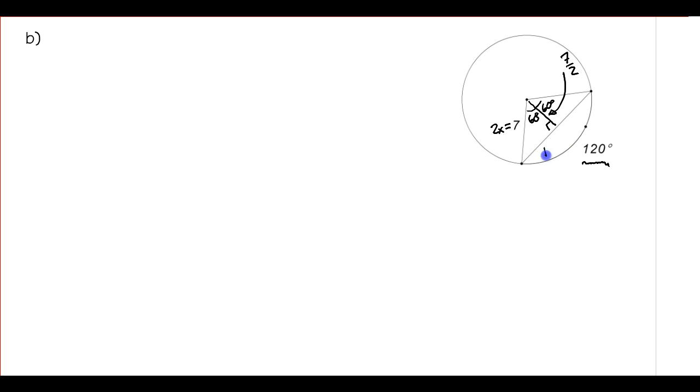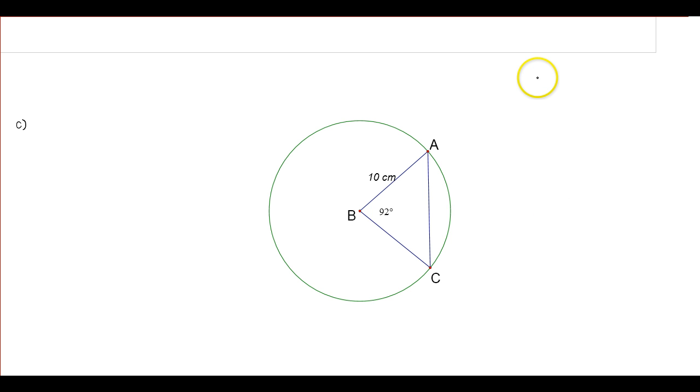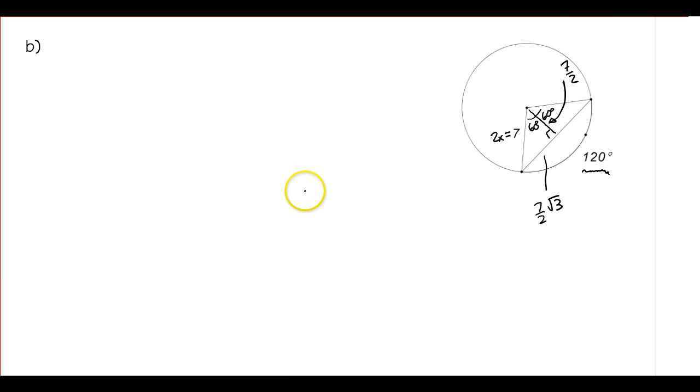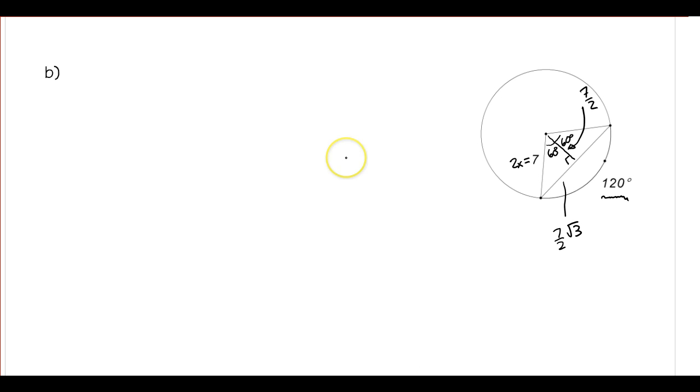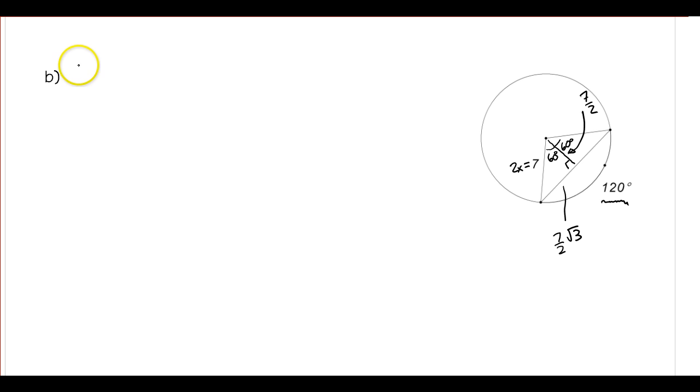And then this side here is going to be my x rad 3, so that would be 7/2 root 3. Okay, so I'm going to do the same thing to find the area of the segment. So this piece here is the segment. I'm going to find this area here. So I've got that the area of the segment